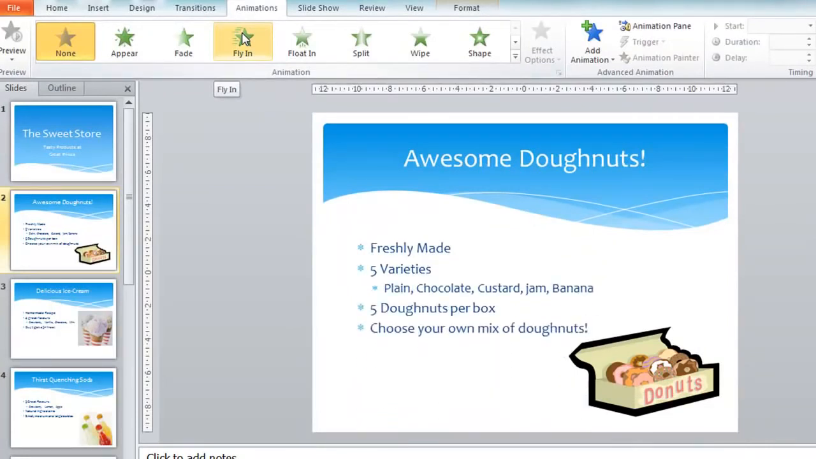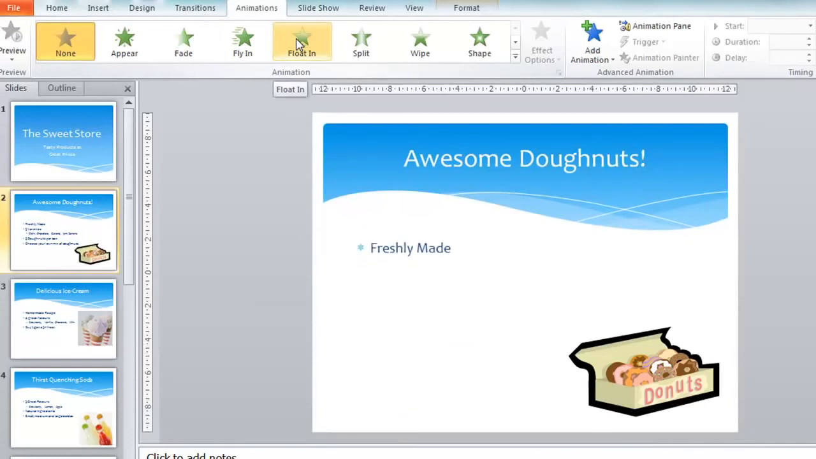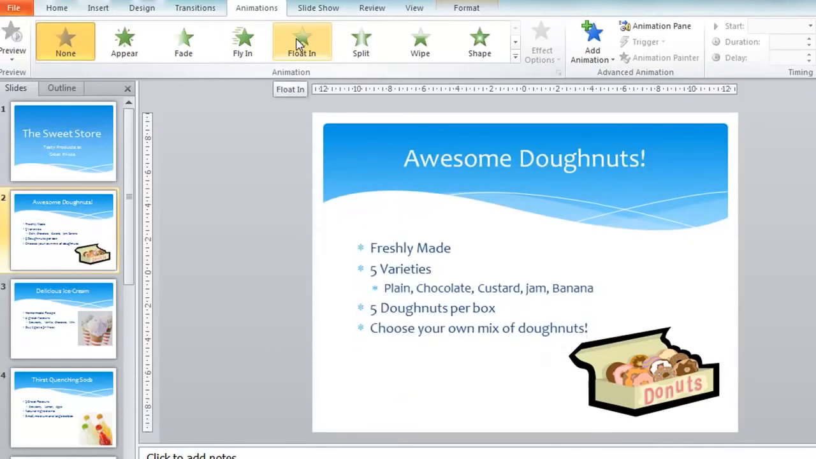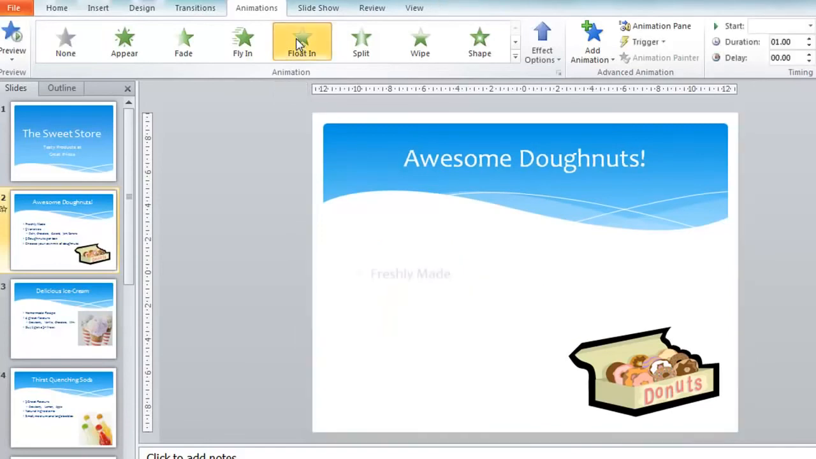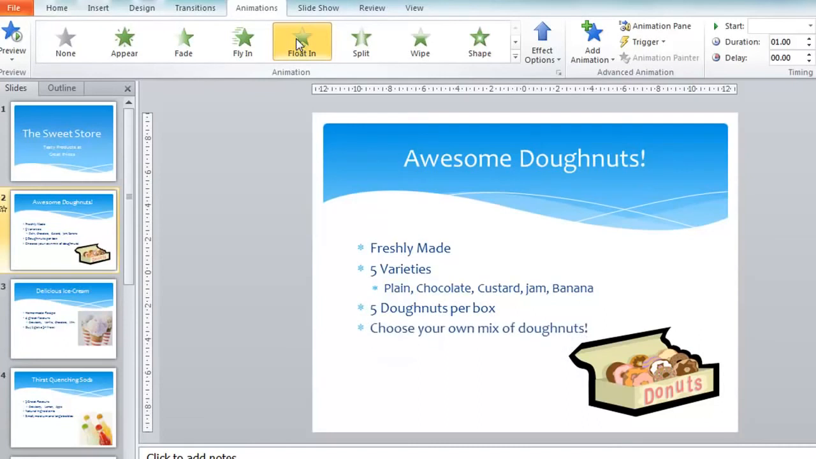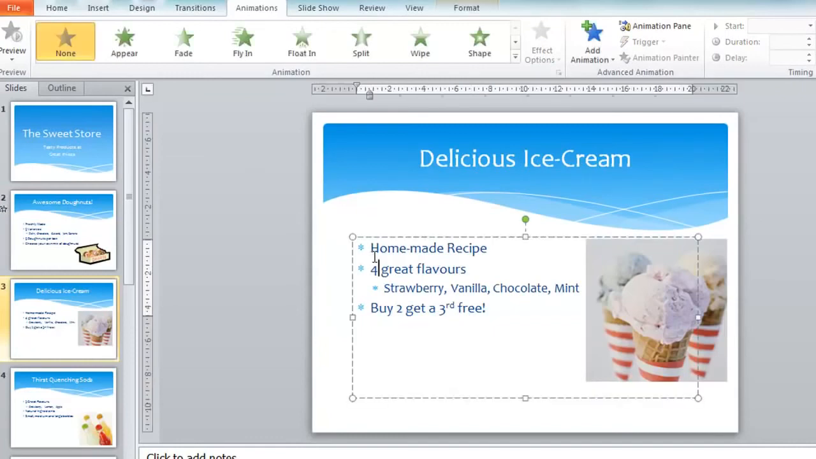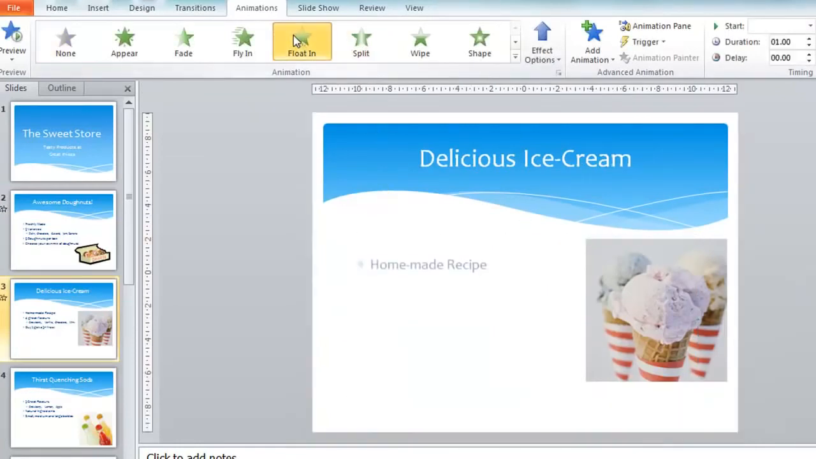And you'll see straight away what happens when I put the mouse over. You can also have Float In if you would rather have that, which actually looks quite nice. I'll go for Float In. So I'm going to select that, and you'll see what happens when the slide runs. And I'll go and apply the same animation to the next slide. So again, just click on the edge of that text box, choose Float In,